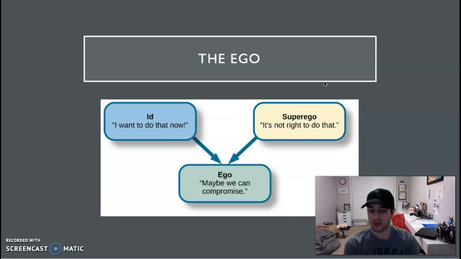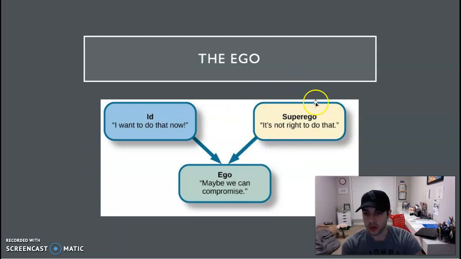Freud gave a wonderful example, saying the horse is a very powerful force, and it can be controlled by the rider, which must guide it. So you can think of the horse as the id and the rider as the ego. The ego is like the compromiser, so it must be working constantly. And if the id ever takes over, it can be very dangerous for a person. They can be a danger to society, etc.